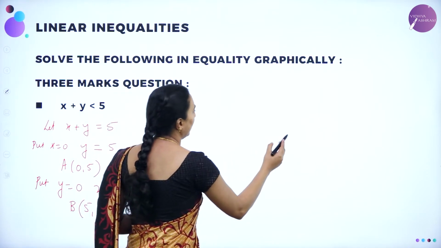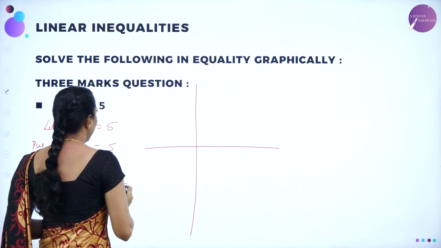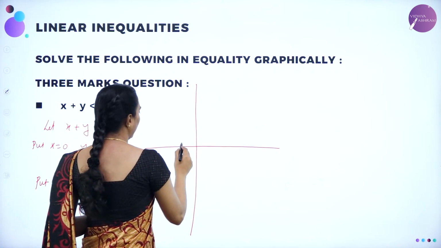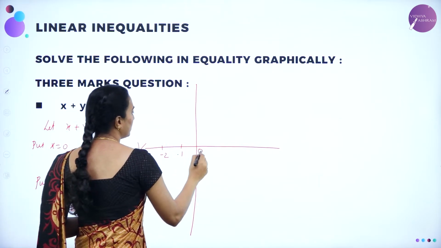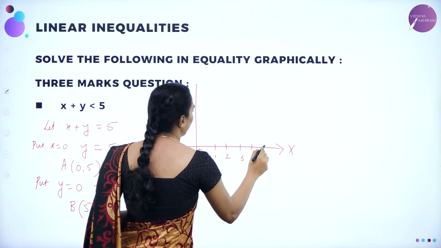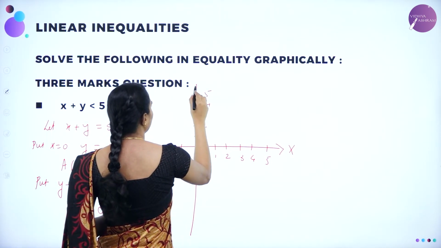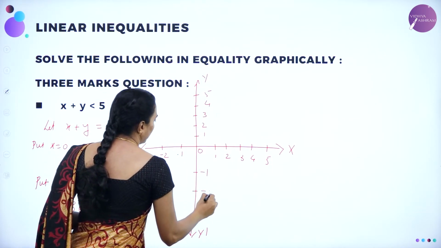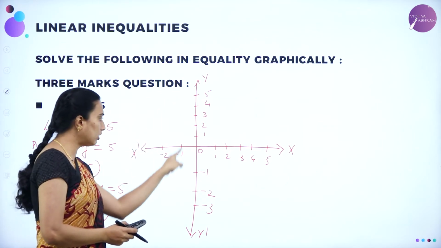So here let me draw the graph. This is the x-axis, y-axis, and here the x-axis and y-axis go up to 5. So here I can have -1 and -2, x dash. This is the origin and this is x. So here 1, 2, 3, 4, 5, and here 1, 2, 3, 4, 5, y, y dash. This is -1, -2, -3. Since I am not getting negative points, I am not concentrating on them much. If you want, you can draw only this much.